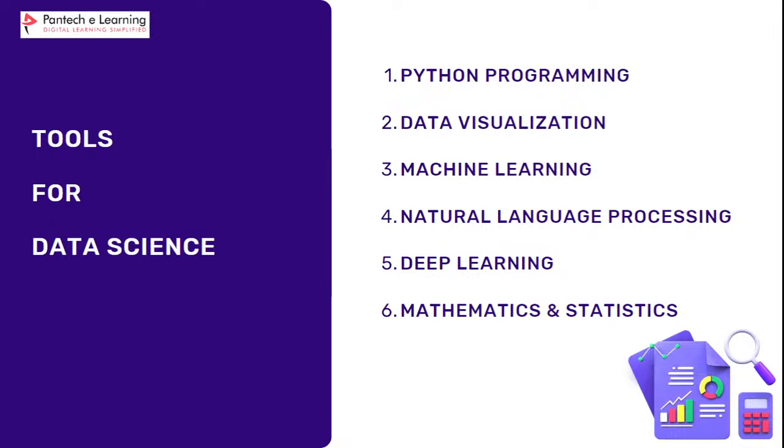And machine learning is also an important tool, because with the help of machine learning only we will be predicting the outcomes. And if you have your data in the format of human text, we can handle it with the help of natural language processing. And deep learning is a part of machine learning, an advanced version. I'll explain more about it. And a little bit in between, mostly all these things depend on mathematics and statistics. So these are all the tools.